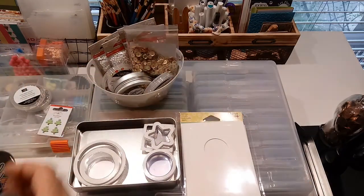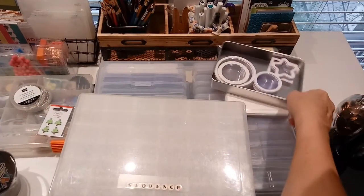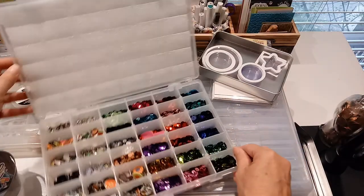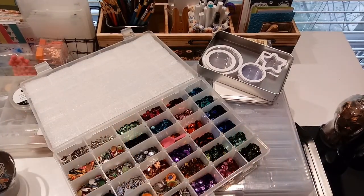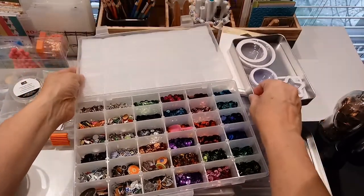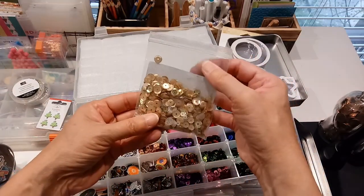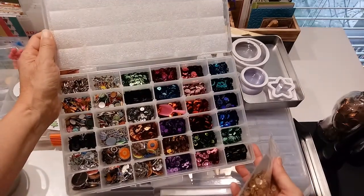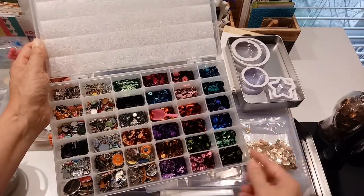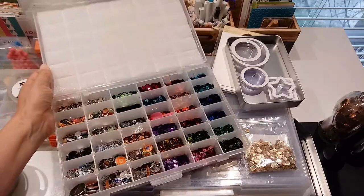I have stored a lot of my sequins in this another tackle box. So this here has got my sequins in it. I put some foam padding just to keep them in their sections. So what I would typically do is take a packaging of sequins, and instead of having all these little packages, I would have it inside my little tray here. Again, if you've got them all together, then you know what colors you need, and you know what you do have. You can reuse it. I've also got, you can see there's some stuff in here that's not sequin,